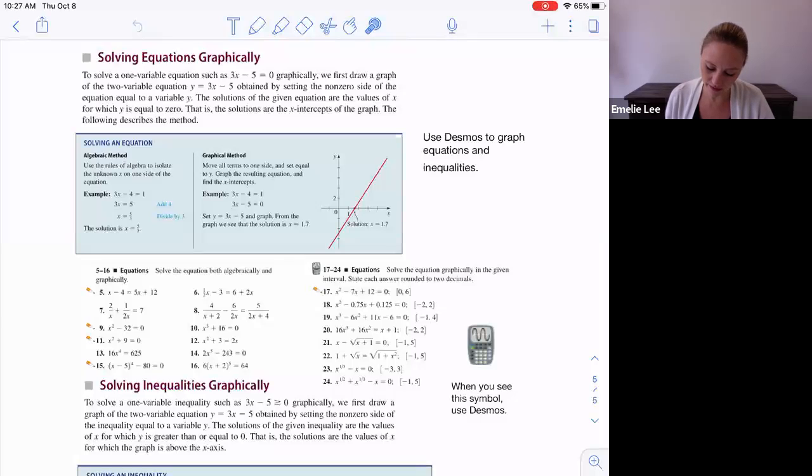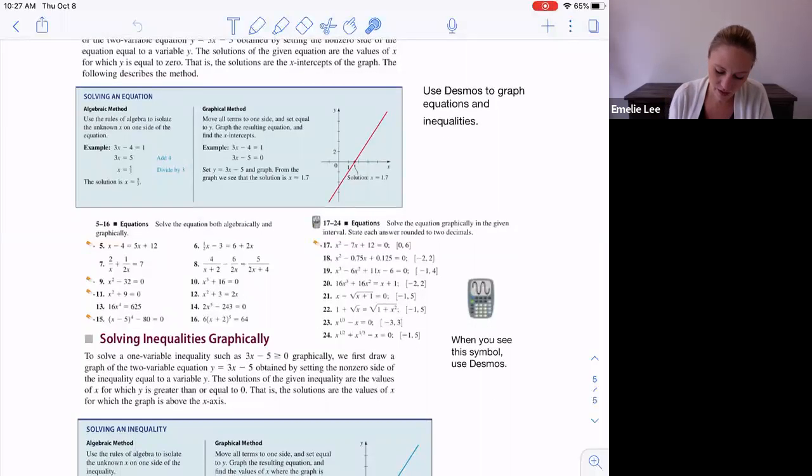And where this thing equals 0 is on the x-axis. Usually, if we're solving for two lines where they cross, you can just use Desmos and find the point where they intersect. So these equations you can solve both algebraically and graphically, and so let's try